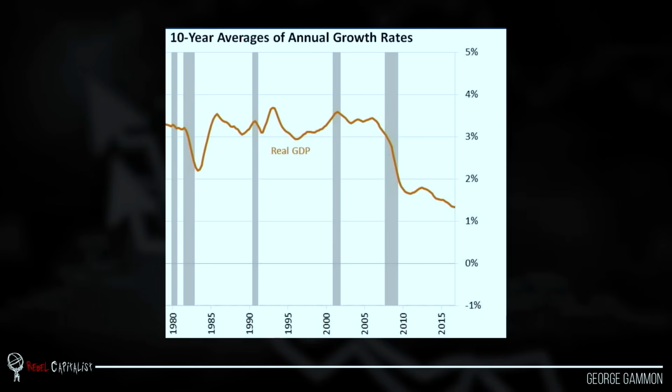This is a chart of 10-year averages of growth, real GDP growth in the United States. So we're humming right along, call it 3-4%. Then we get the GFC. It crashes down to, say, 1.5%. And then it continues to go down. Again, this is exactly what you would expect when we have more and more central planning of the global dollar monetary system.